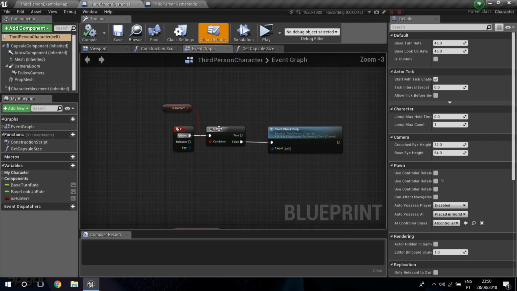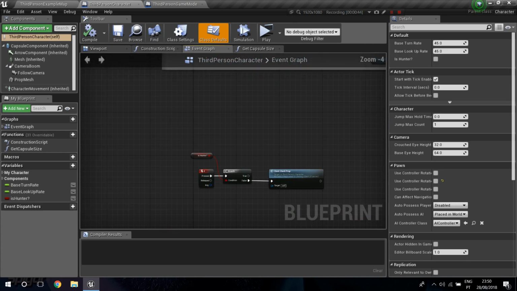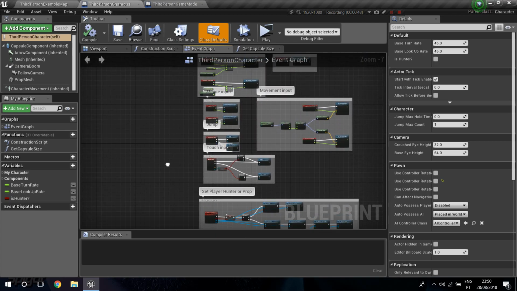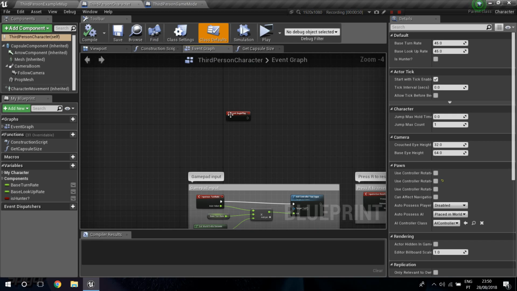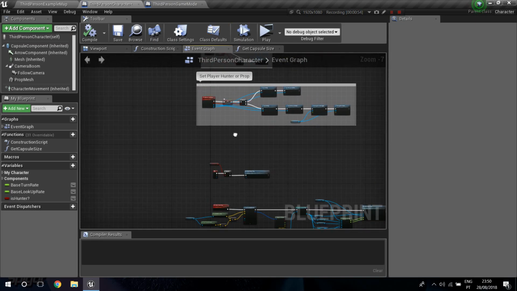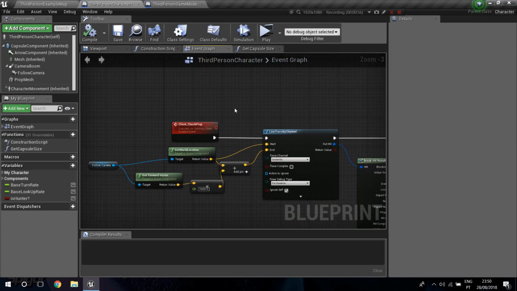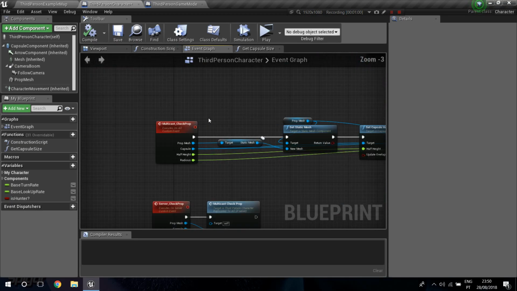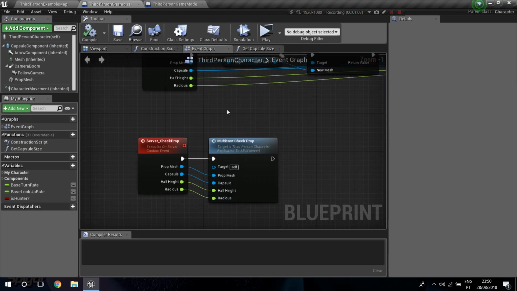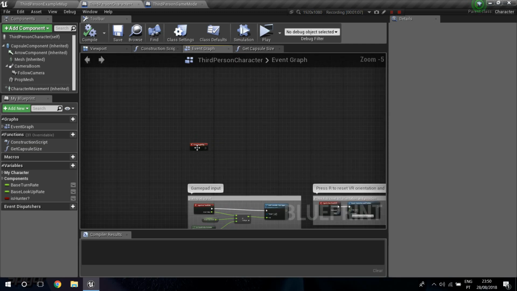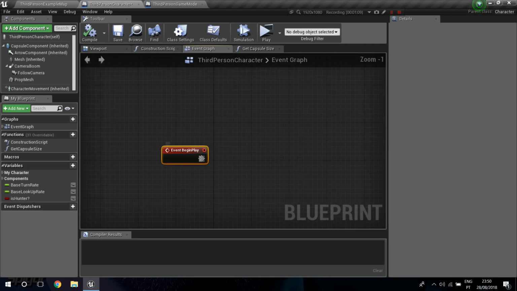Actually, before this, on the event begin play, it's kind of lagging. I don't know what's wrong. Okay, no, I'm gonna do it from the event begin play up here, and I'm going to first of all